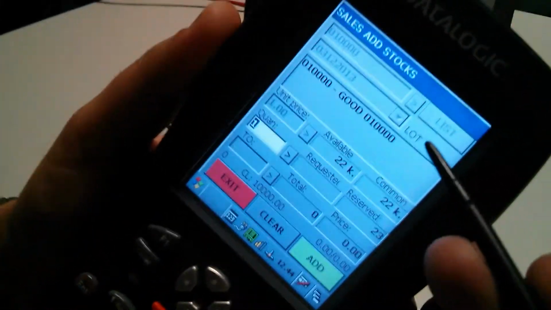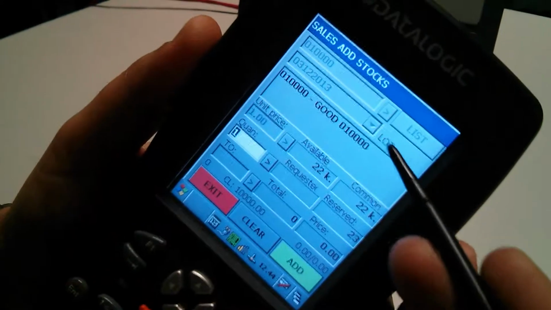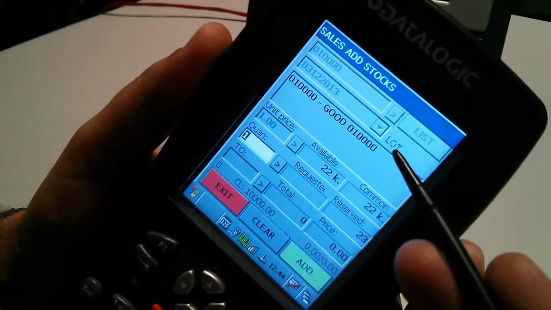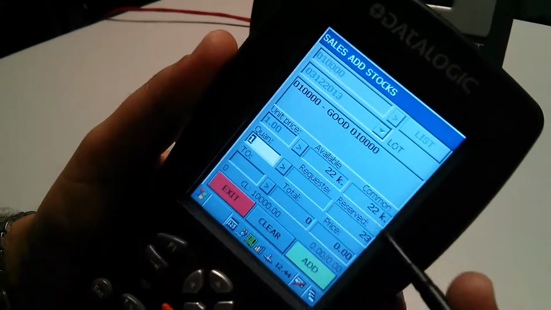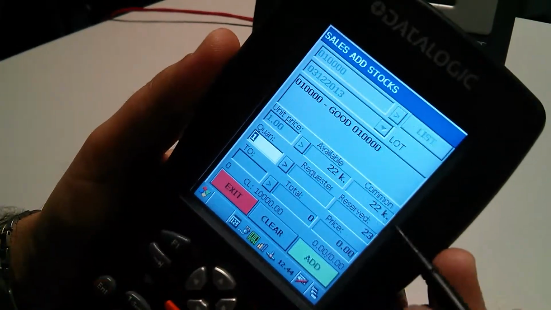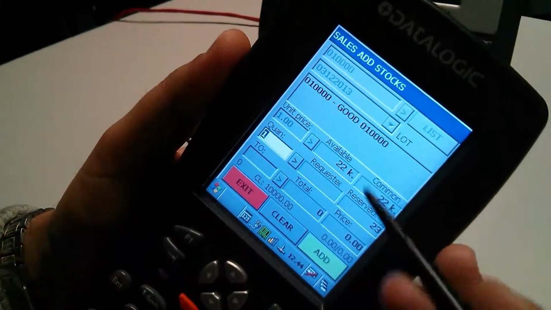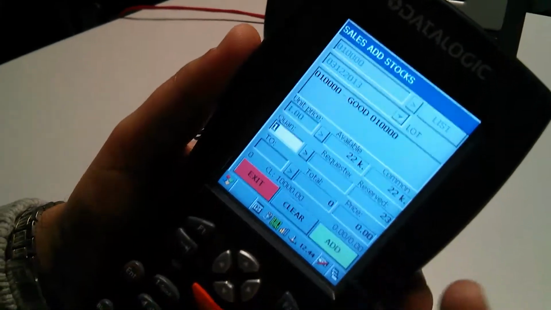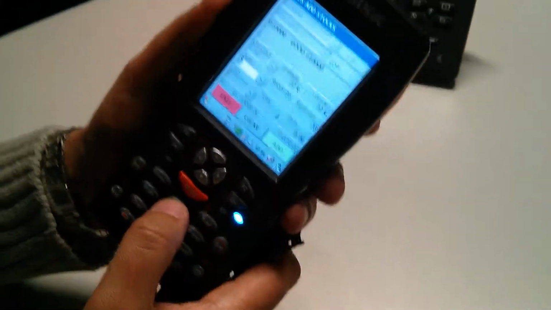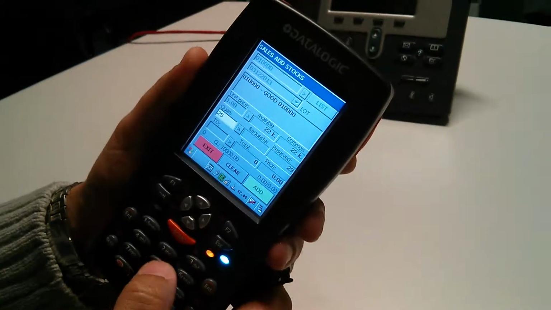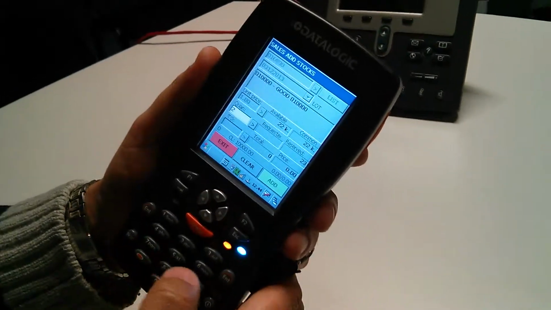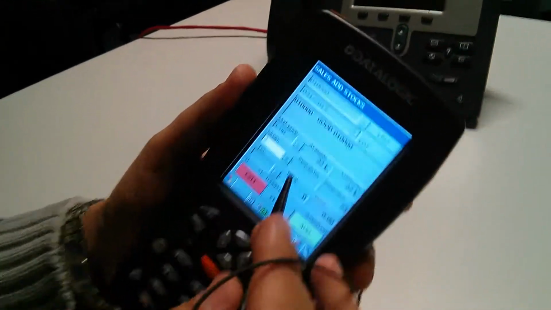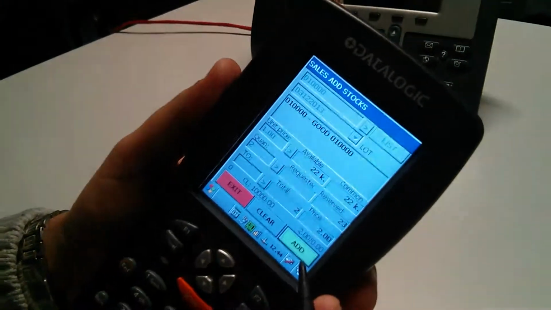If this good has only one lot, it will be selected automatically. Here are the available quantities for the selected lot and all available quantities for this good. Enter the quantity, and press this button.